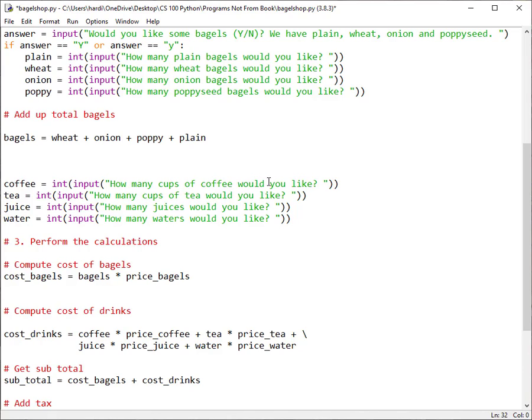and said, how many cups of coffee would you like, and how many cups of tea and water and juice? Well, perhaps our customer doesn't want any of those. So if they don't want any drinks, they shouldn't have to answer with 4 numbers to indicate that they don't want any of these, with 0, 0, 0, 0. So let's add a little bit of code to modify that and make it a bit more friendly to the